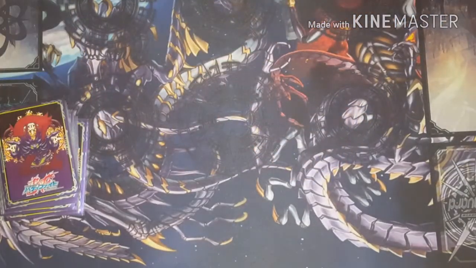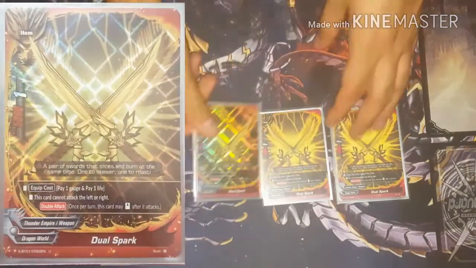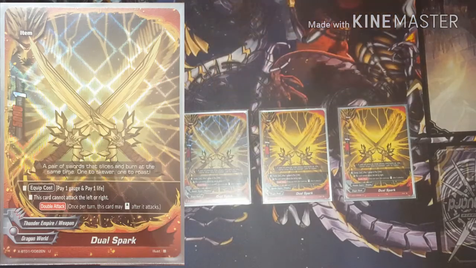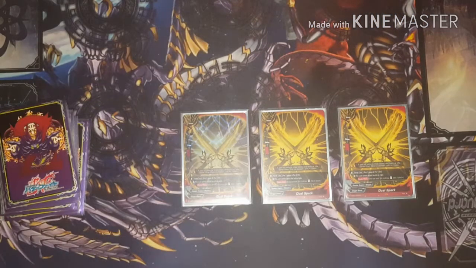Next, for my other weapon that I run in this deck, I run 3 Dual Spark. It's the Dragon Anthem clone of the Thunder Empire deck. It's a 5/1 gauge and life equip cost. It can only attack center, but it's not really a problem. If your opponent's running a center closed deck, it can link attack to beat centers, or